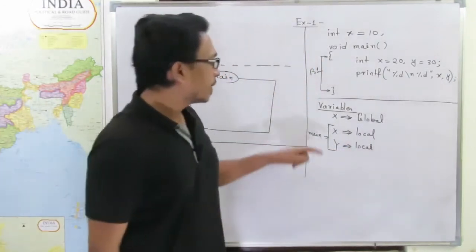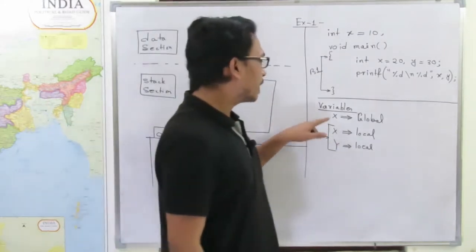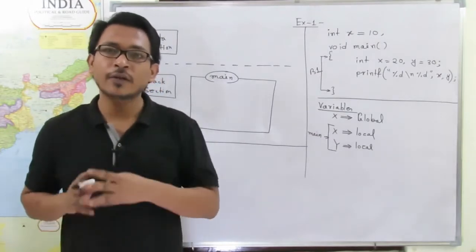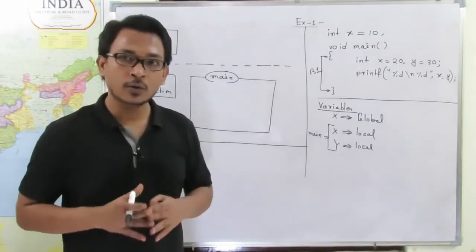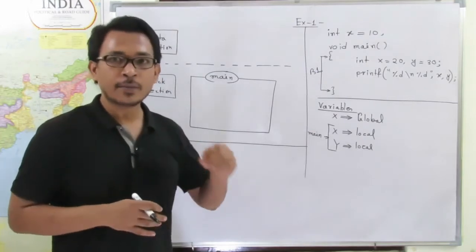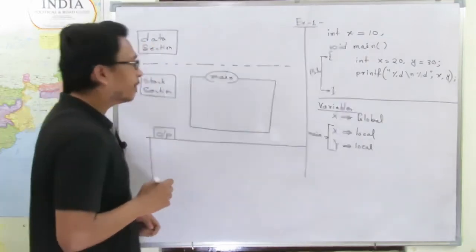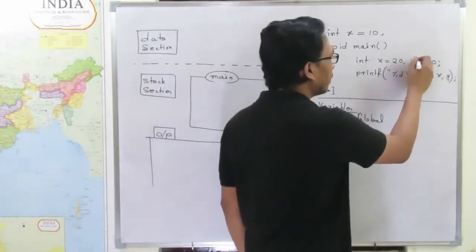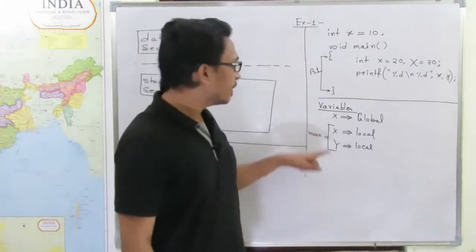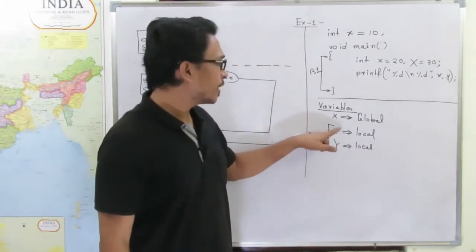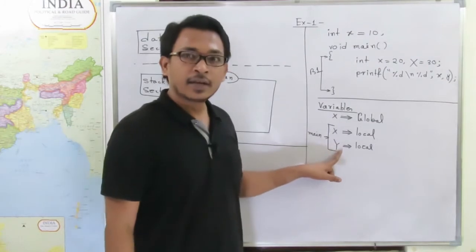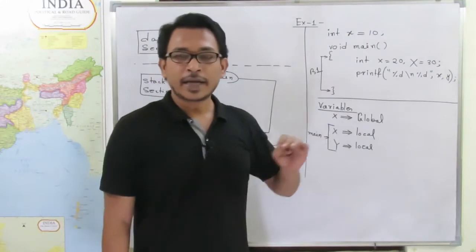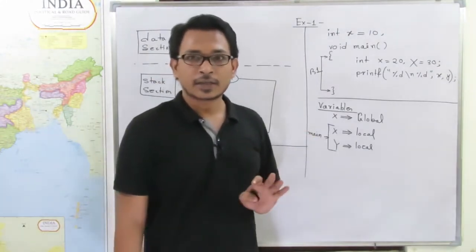Now look, the position where these 2 variables are declared is different. If 2 or more variables are declared in the same block with the same identifier, at that time we will get a problem. Look, if we declare x here itself, what happens? Inside the main block we will get 2 variables with the same identifier x. At that time it will give an error with multiple declaration. The error is called a multiple declaration statement, clear?